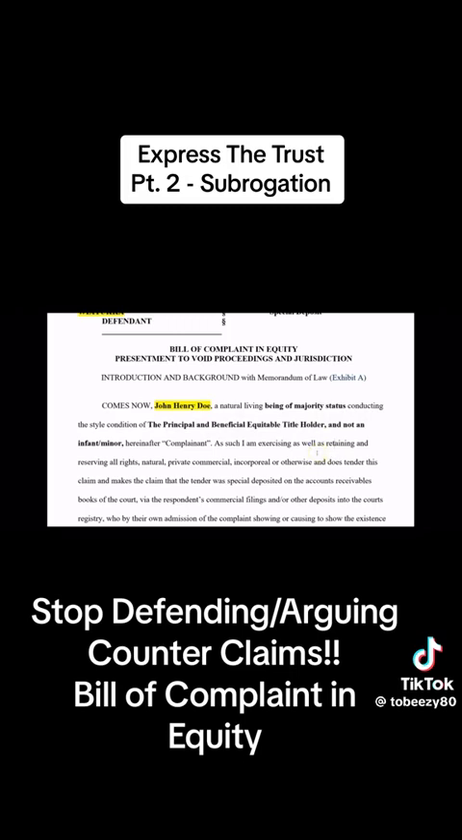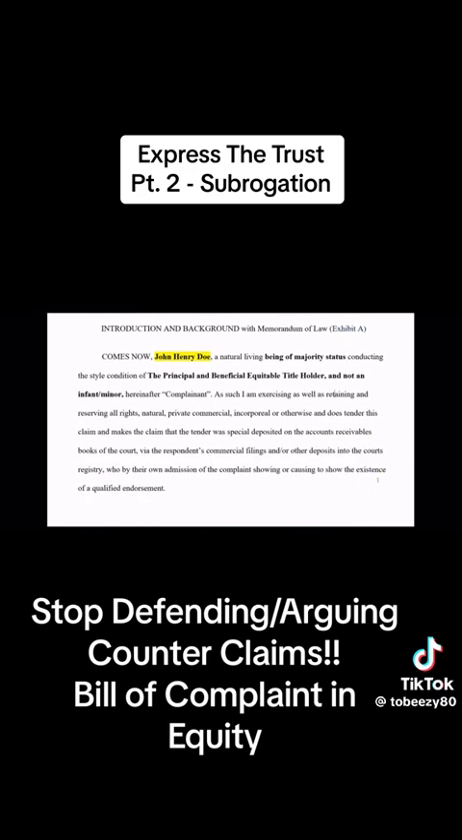As such, I am exercising as well as retaining and reserving all rights, natural, private, commercial, incorporeal, or otherwise, and does tender this claim and makes the claim that the tender was special deposited on the accounts receivables books of the court. You've just given us something of value, via the respondent's commercial filings and other deposits into the court's registry, who, by their own admission of the complaint showing or causing to show the existence of a qualified endorsement. So, there it is. This is how you're coming in. These are your terms and conditions under which you